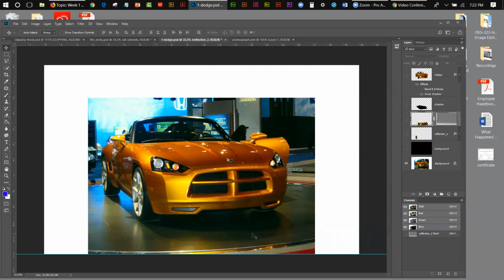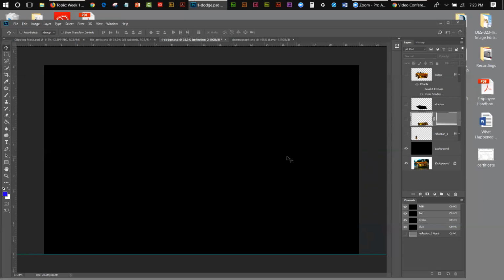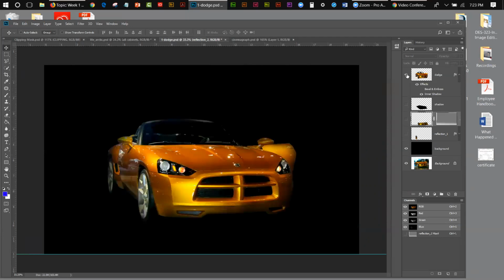So what I did was I started off by silhouetting the car. Now I want to show you first so that you can easily see this. I'm going to show the background. I created a background which is just black in this particular case. And then I silhouetted the Dodge car right there. So there's the Dodge car. It's been silhouetted. Now I also put an inner shadow on it because, you see how it looks without the inner shadow? It doesn't look as real, does it? By adding the inner shadow to it,